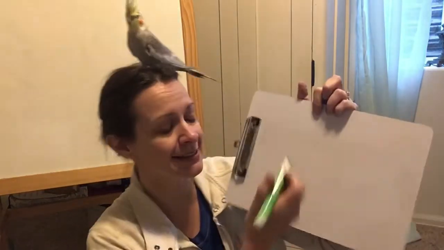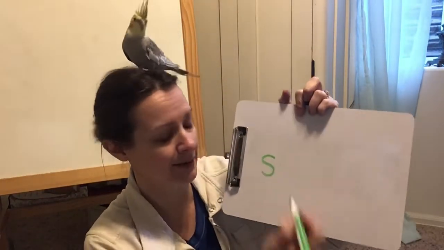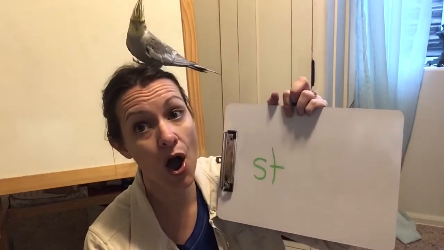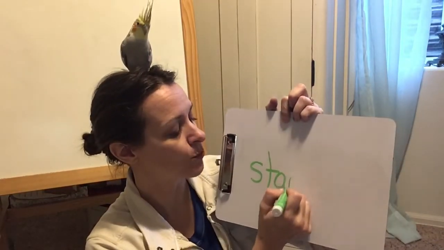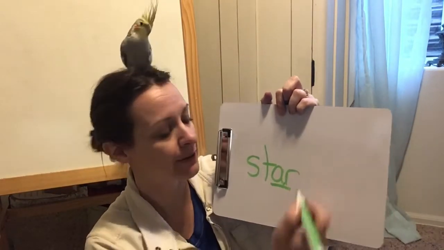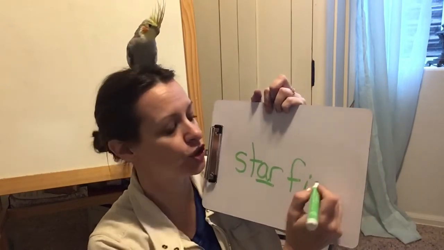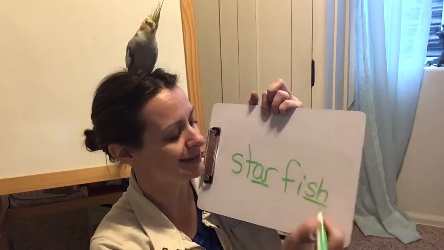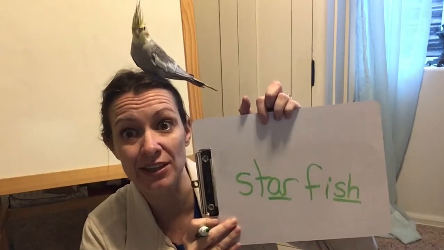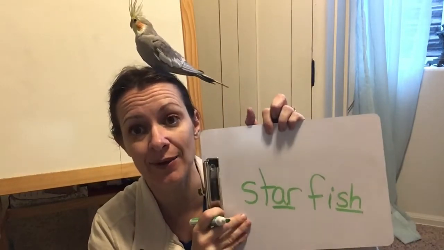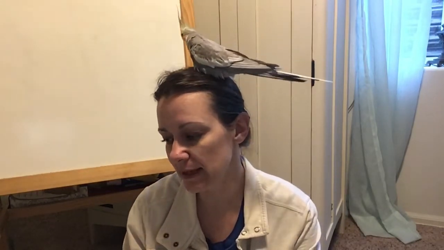So it has our S, T, R, that's 1 sound, F, I, and sh is 1 sound. So even though it has a lot more letters, it just has a certain amount of sounds. So that's what you're going to be doing in your kitty book, and I want to do a couple with you. And I also want to give you a little bit of a break today because it is, he just